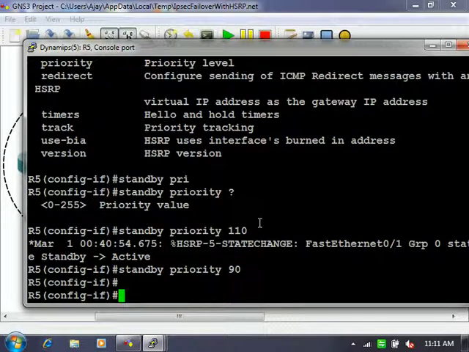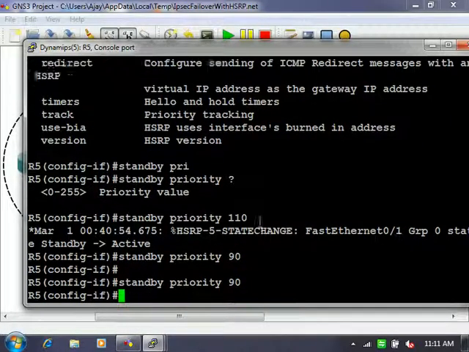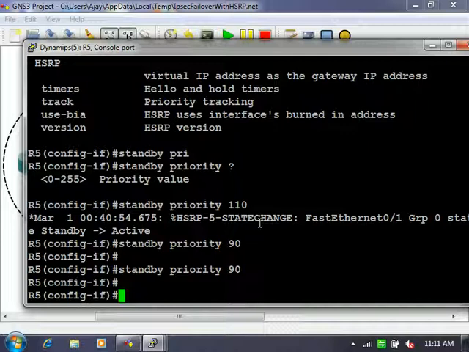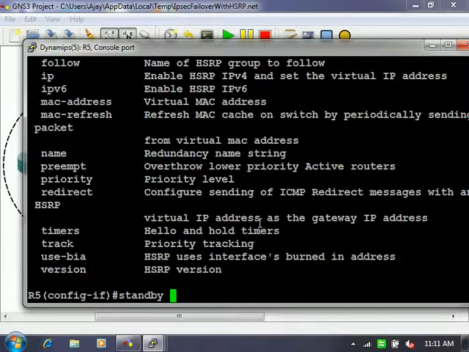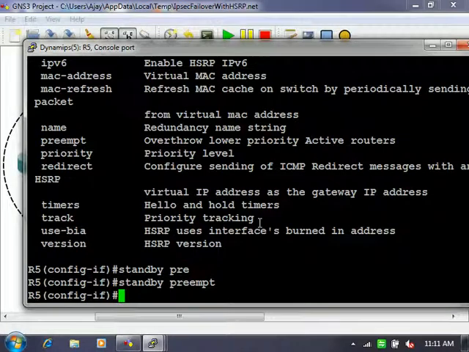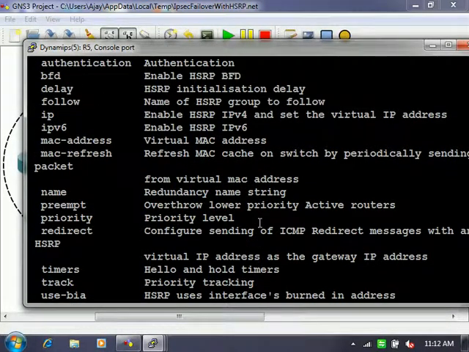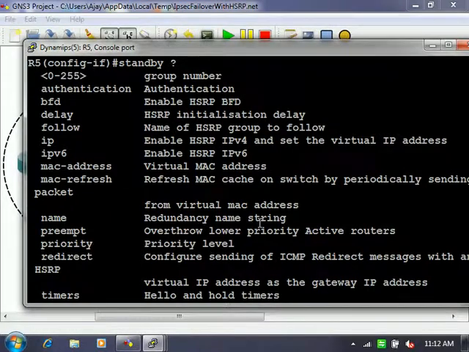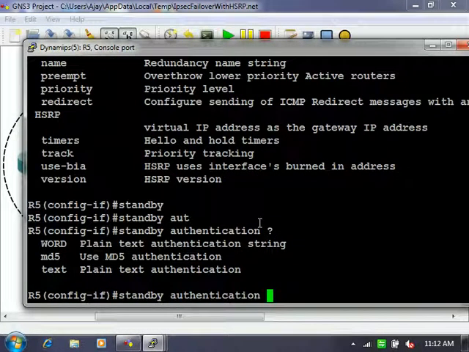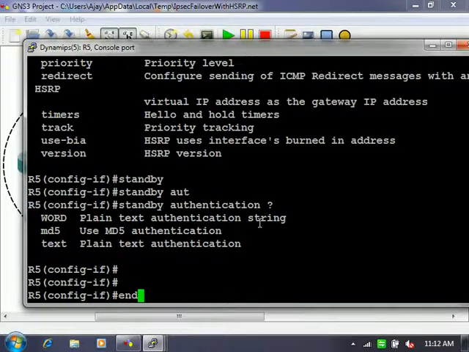Less than 100, since I don't want R5 to become the active as of now. You can specify the MAC address as well if you want. Authentication also you can specify, but I don't want to specify authentication and all that.